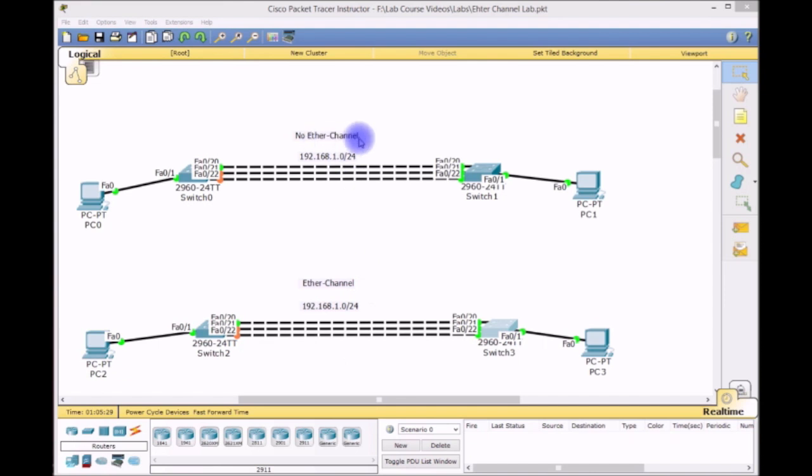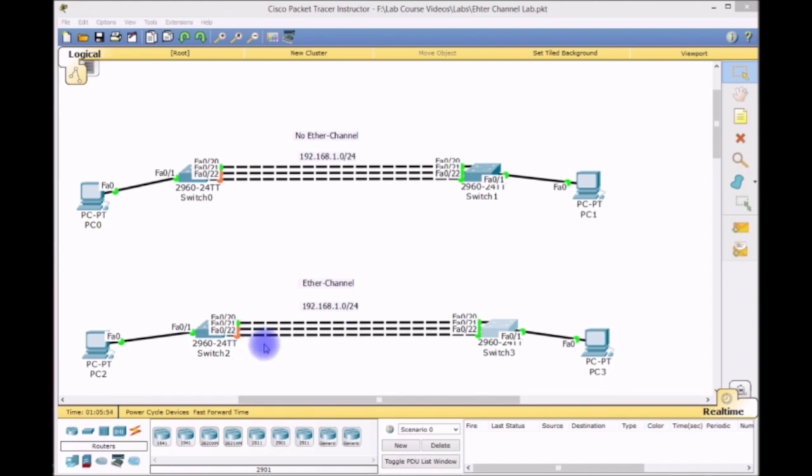Here, because this says no EtherChannel, that's why I'm pointing to this one that says EtherChannel. So you're going to bundle, you're going to aggregate all these particular links. They're trunk links going back and forth, and you make them look as one. That way you get more bandwidth, and instead of STP shutting down those ports or blocking these ports you can see right here,